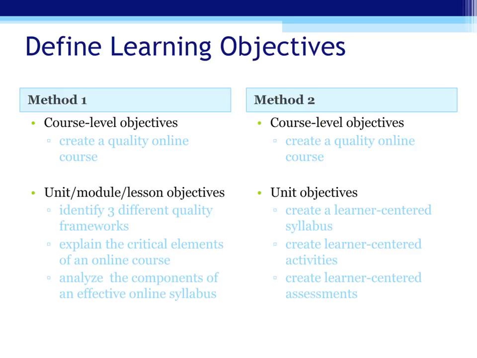Another method, especially if you lean more toward constructivist pedagogies, is to have your course and unit objectives all be higher order objectives. For example, you may start with a course level objective of create a quality online course, and then move into units where the objectives address things like create a learner-centered syllabus and create learner-centered activities or assessments, and so on. It isn't that your students won't end up also being able to explain critical elements of an online course. It is just that they'll learn those things as they explore how to create the syllabus, activities, and